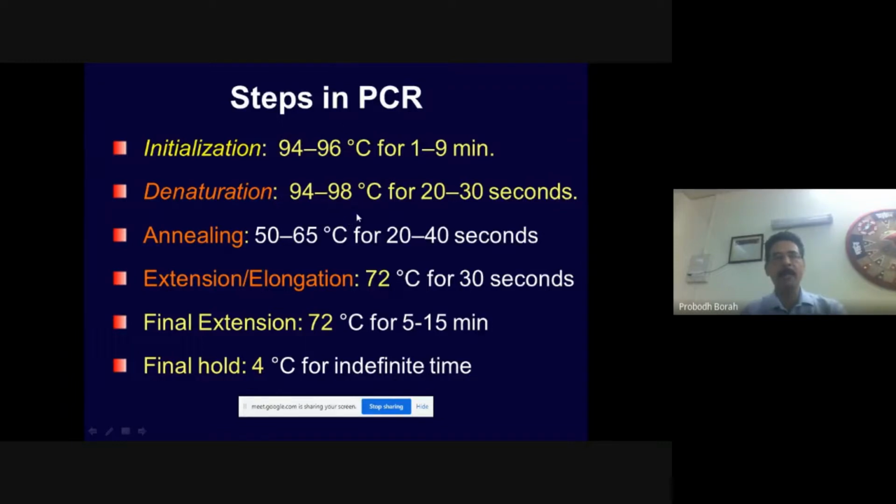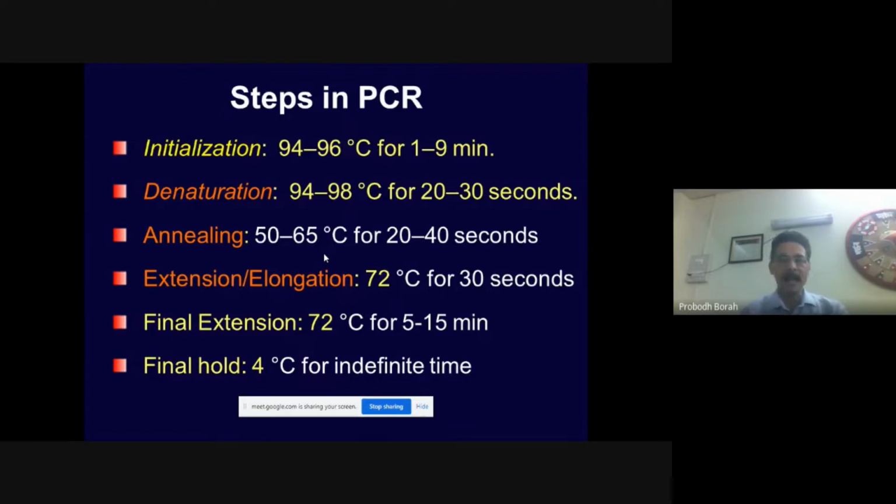Depending upon the complexity of the composition of nucleic acid and the length of the DNA or RNA, the temperature may vary. In the second step, annealing, the PCR primer gets attached to the single-stranded molecules of nucleic acid,